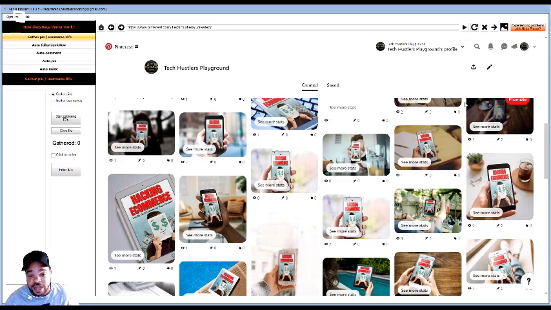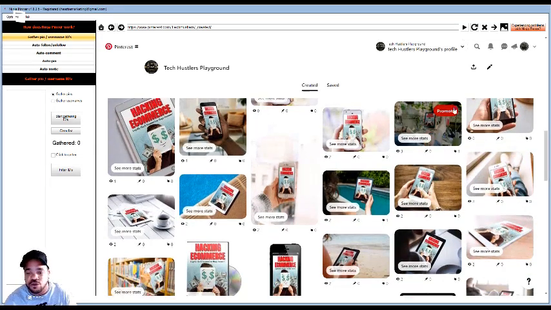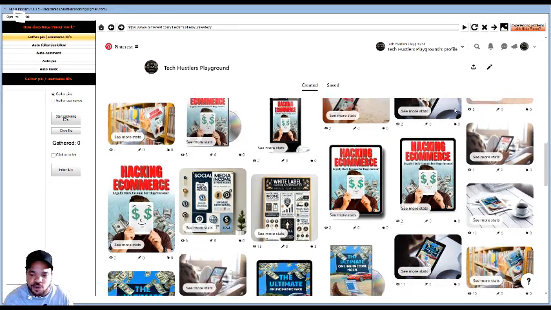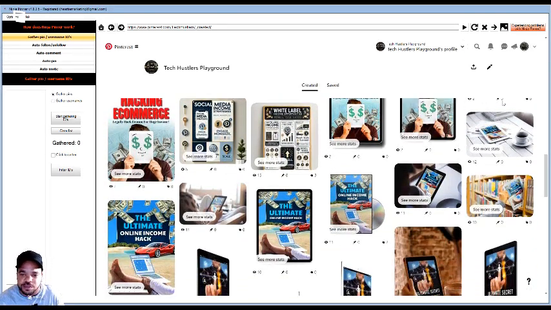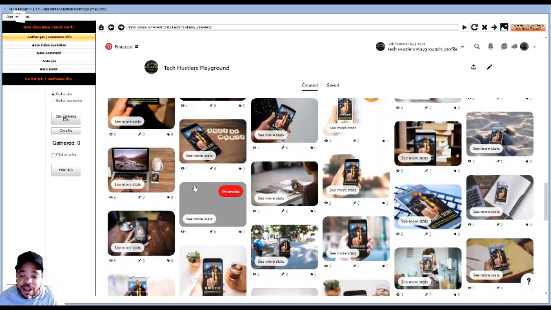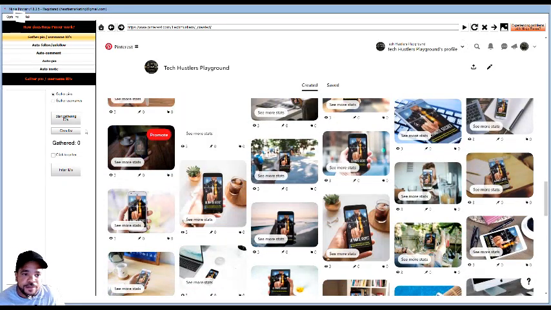Now if y'all are on this and y'all looking at this, y'all already know what I'm talking about. We don't really have to go so far, because that means you already purchased Ninja Pinner, so you already know what's going on, right? So I don't have to do too much explaining. But look at this. I got 15 impressions. 10 impressions. That stuff goes to adding up, right? These are all the different things that I posted, right? So now,